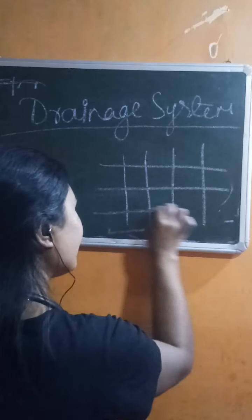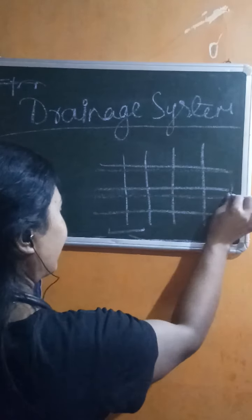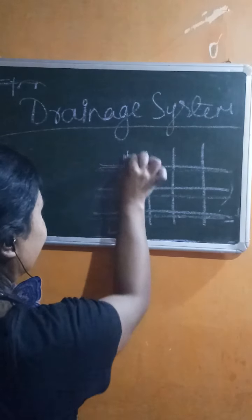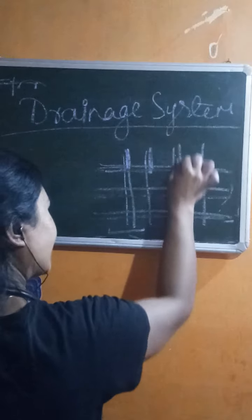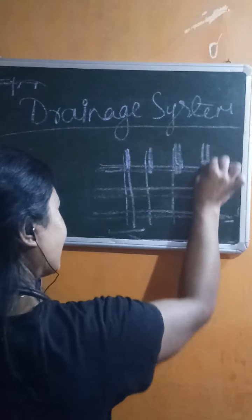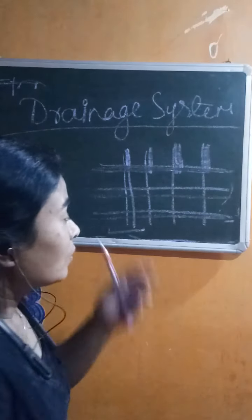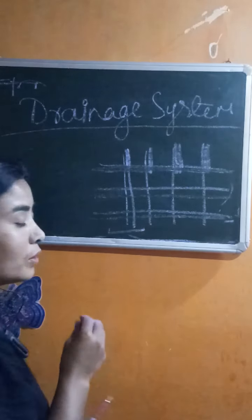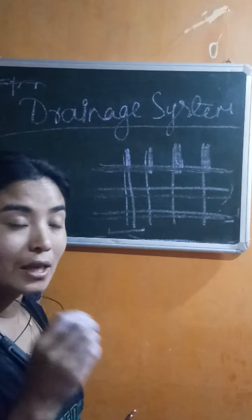And every road and every street is intersecting at right angle. This is a right angle. Why this is so is to avoid any kind of accident. So from this pattern we can assume that before the houses were laid out, they first